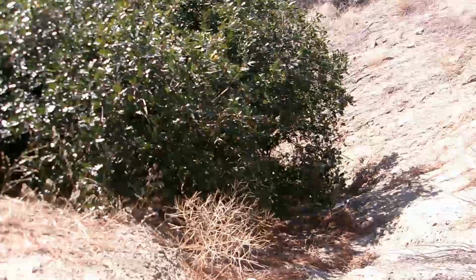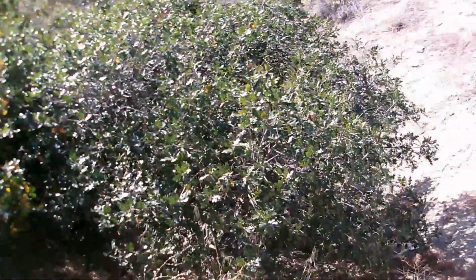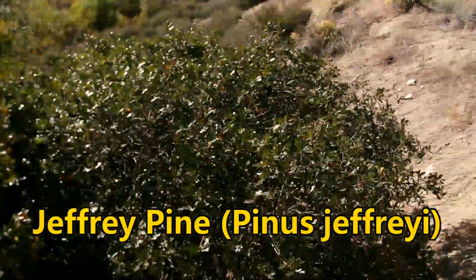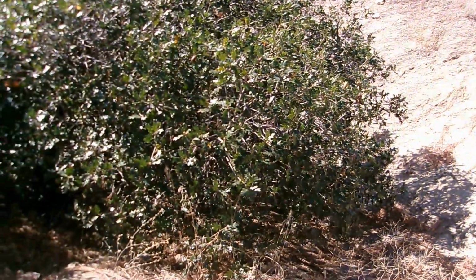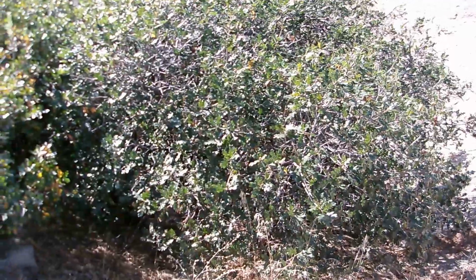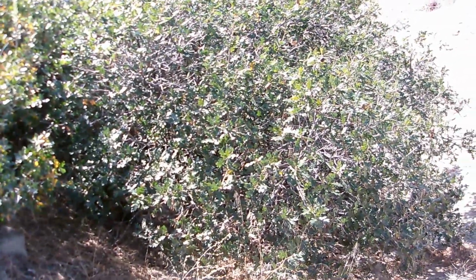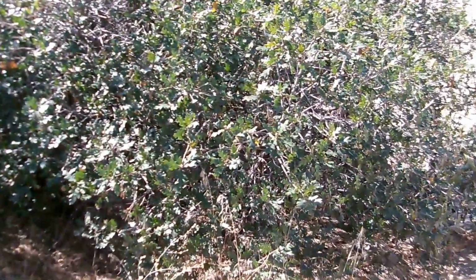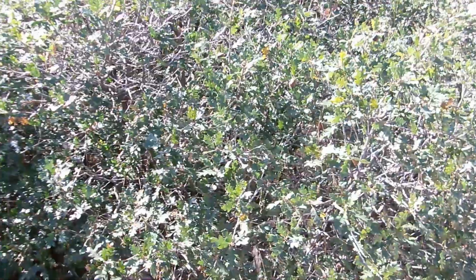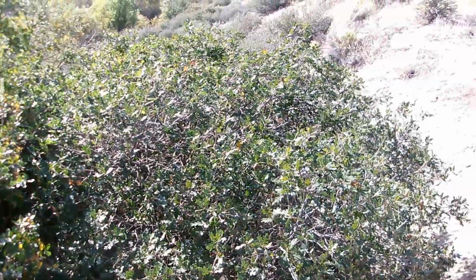Here's a Brewer Oak that's still predominantly green. This one has much larger leaves because it's growing in a moister canyon. And it's under this Jeffrey pine right here. But yeah, this one has quite large leaves on it compared to the other Brewer Oaks. So ones in moister locations can get larger stature and also much larger foliage, which is probably about the size of your average Oregon white oak right here. So beautiful Brewer Oak here in